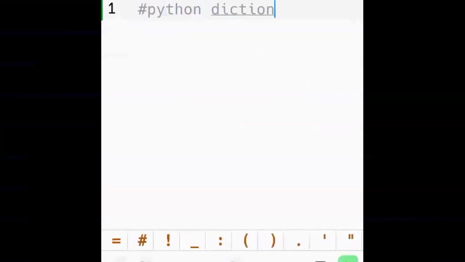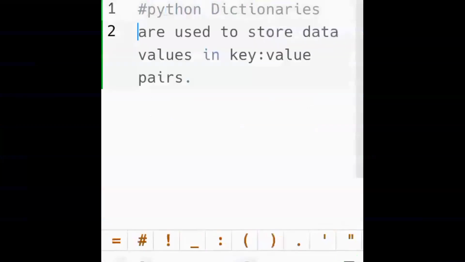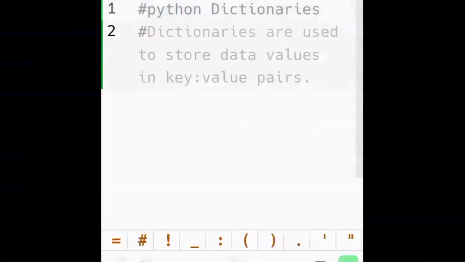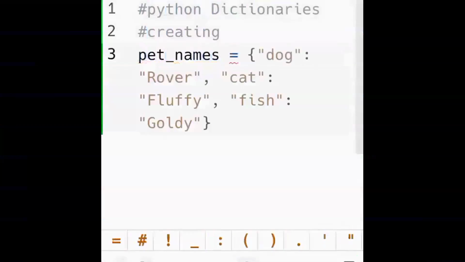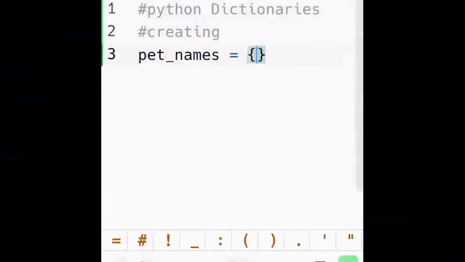So what's a Python dictionary? It's again a collection of items, similar to what you find in lists and tuples, but the only difference is that here each item is going to be a pair, that is, a key-value pair. That means there will be a key and there will be a value for that particular key. Every item is a key-value pair, separated by commas, and put together inside curly brackets or curly braces like this. So let's consider a dictionary.